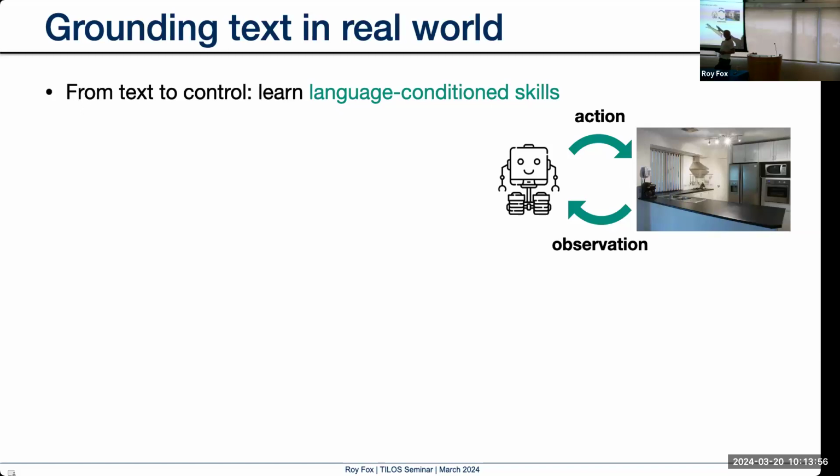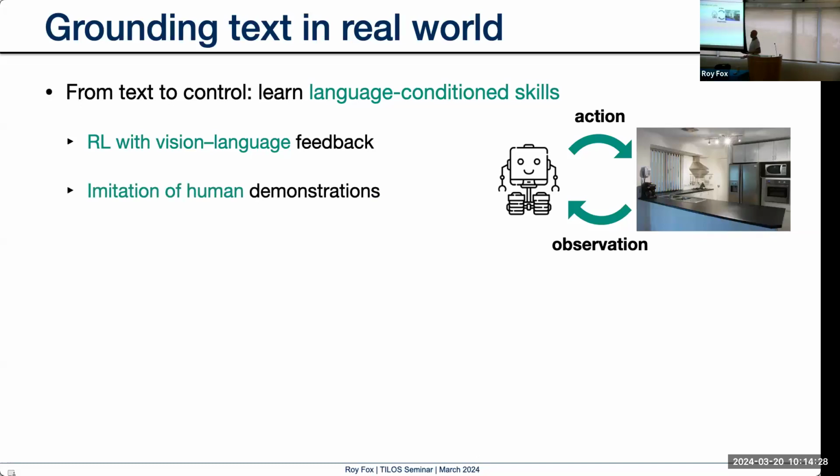Well, in one direction, if we want to go from text to control, we would need to learn some sort of language-conditioned skills. Usually those are low-level, short-term skills to just perform one step of that interaction, usually a small step. And so maybe we can train that with reinforcement learning, maybe with vision-language feedback, right? So that's how we do the grounding. We see if we succeed in achieving the sub-goal that was set for that step, and that's how we learn from that feedback. Or maybe there are demonstrations, maybe from a human following the instructions, or the next step of the instructions to perform a task. We see those demonstrations, we can imitate that.